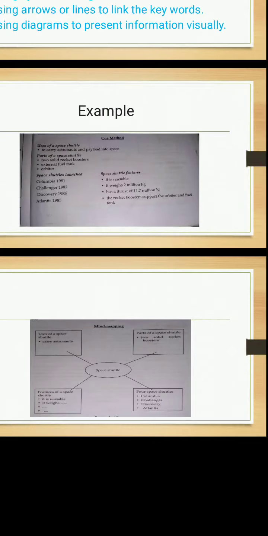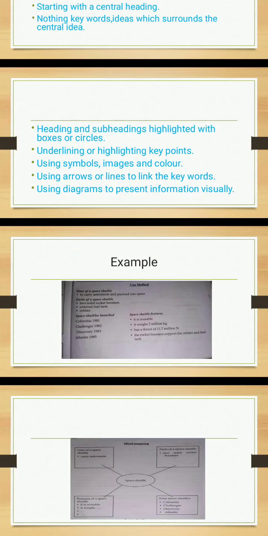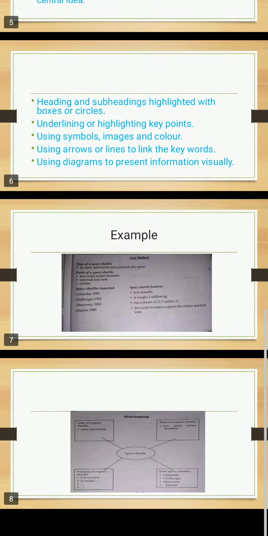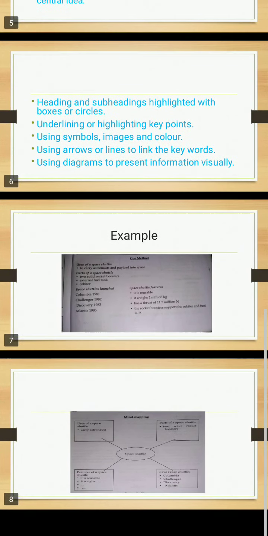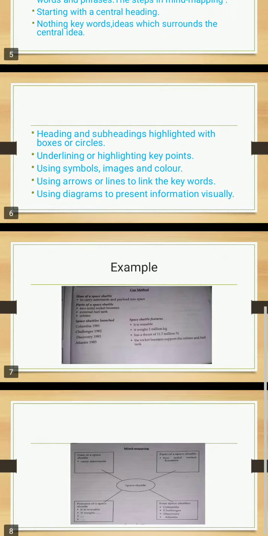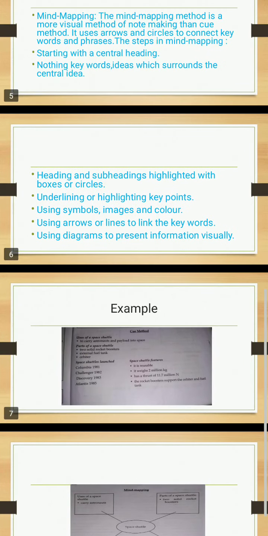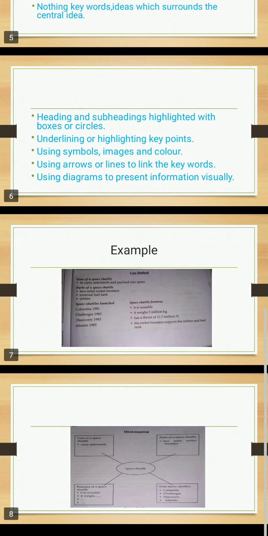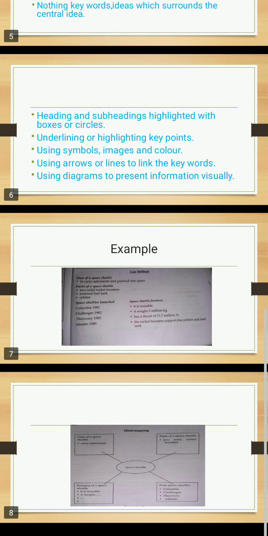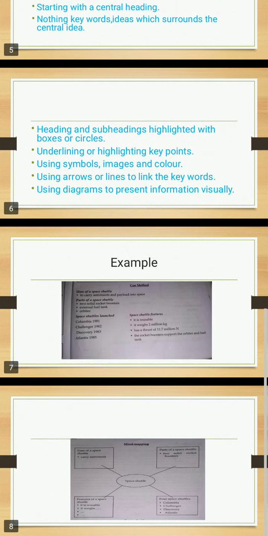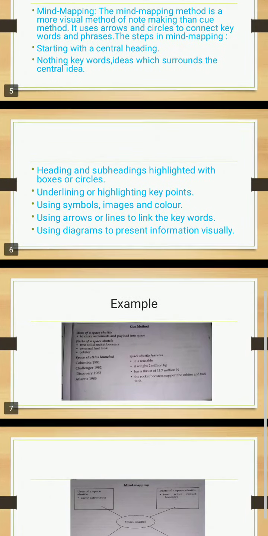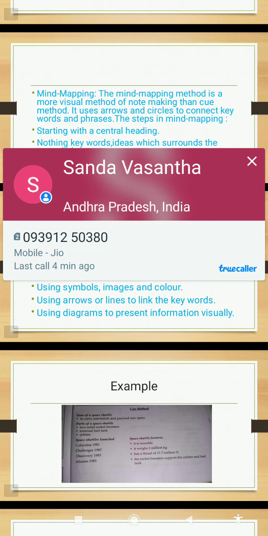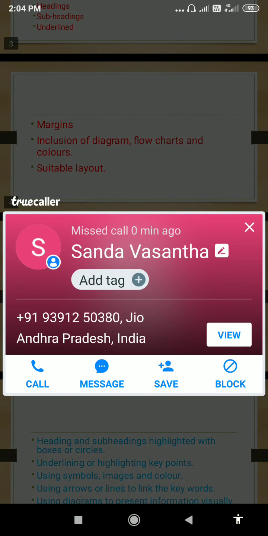Based on this, the mind mapping method is very simple. If you have good knowledge of the T diagram, you can draw a diagram like this, which is on slide number 8. Whatever the important side headings are should be written in each box, and the features or important points related to them you should write in that particular box under the side headings. This is the way you attempt answers in the end examination or unit test.